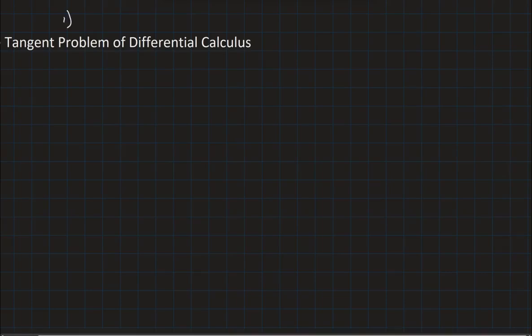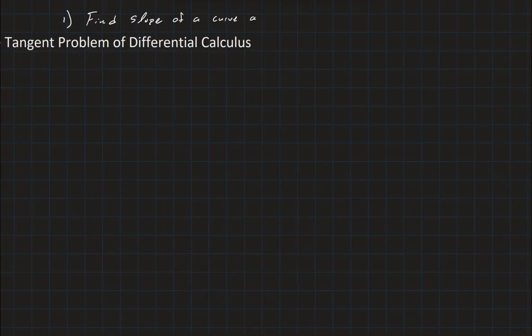The first part, we're going to be learning and finding and developing ways to find the slope of a curve at a point. And of course, there are many other subtopics and things that we're going to talk about in applications. But for right now, I just want to tell you about how this class is going to be broken up. That's the first main big chunk of this class, finding the slope of a curve at a point, how to do that. The second one, we're going to be learning how to find the area